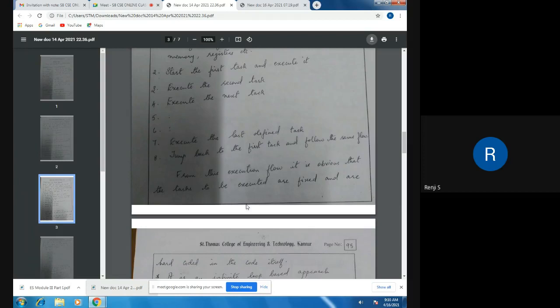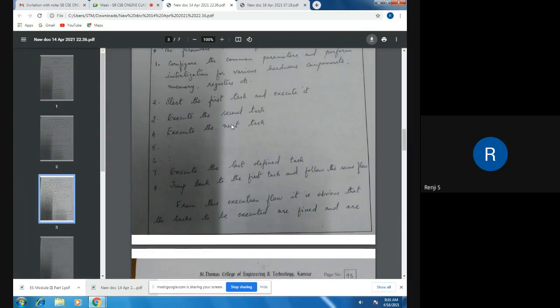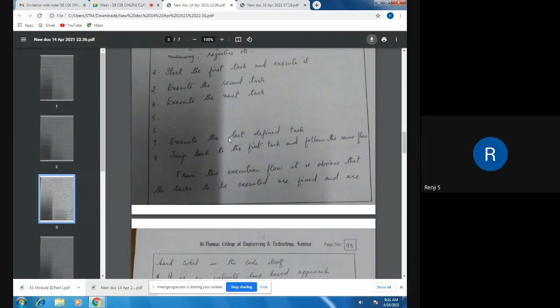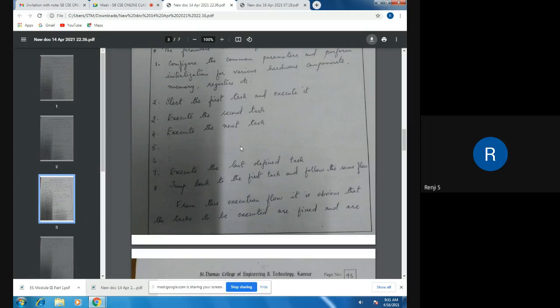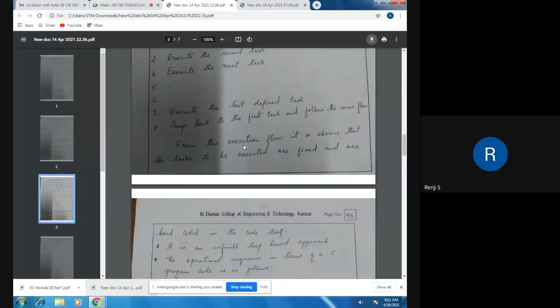So we find that the first task will always be executed first. The second task defined here will always execute second, and so on. The order in which these tasks are executed is always fixed. After the first task, the second task gets executed, and this task is always executed after the first task. So there is a fixed order for the tasks to be executed, they are hard coded, and we write it in the code itself. We cannot change the order. Once we have coded the tasks one after the other, they remain the same forever.